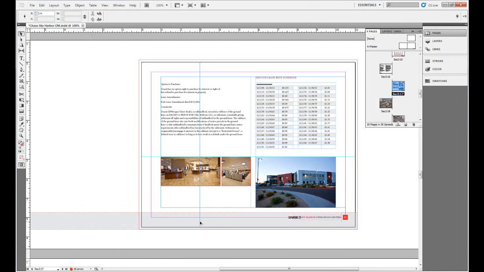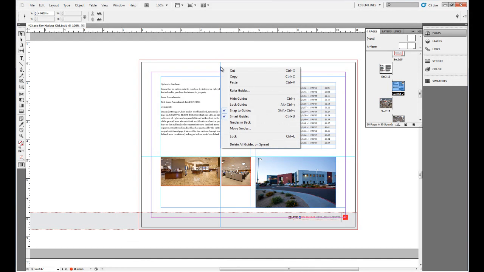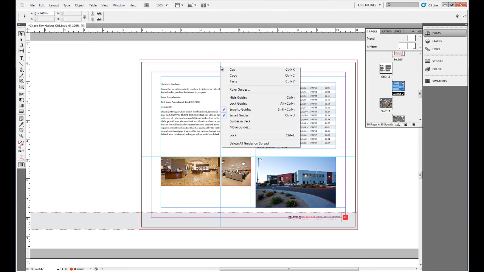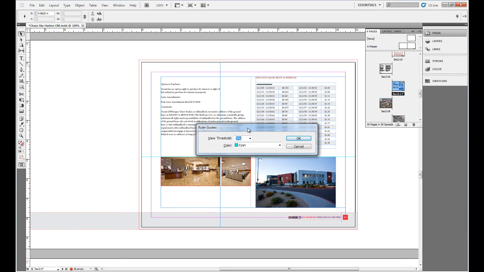You may not always want your guides to be this bluish color. What if you're using guides for specific objects such as images? So in this case we have our images here. I'm going to go ahead and just lock this to the edge of that image. And maybe I want this guide to be somewhat of a different color. So I'm going to come select it, right click on it, come and change or select ruler guides, and here